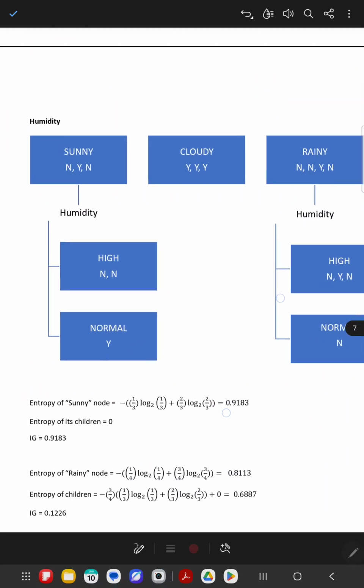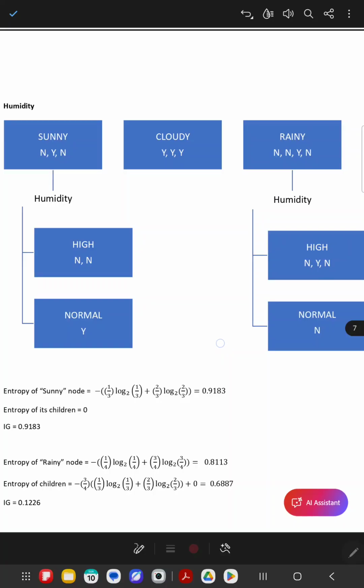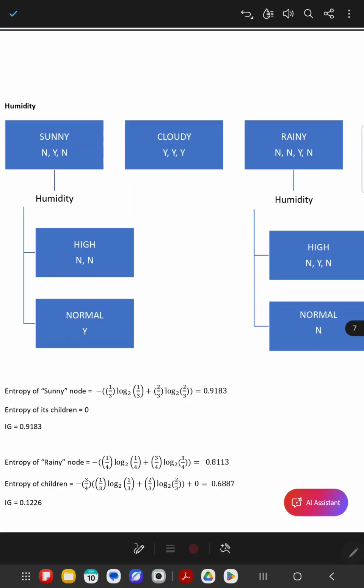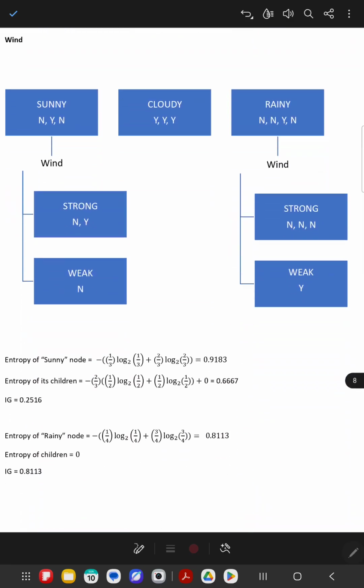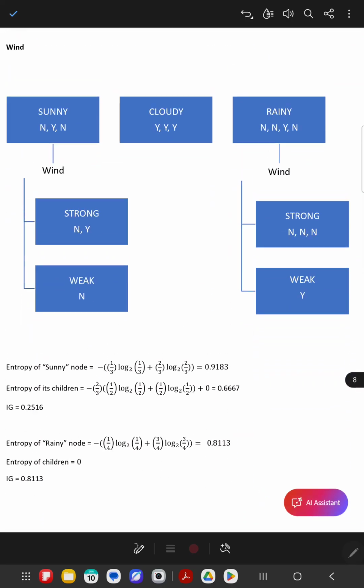What if you use humidity as the splitting attribute? Again, for sunny, the entropy of the child nodes is 0, so information gain is again 0.9183. For rainy, again we can have some calculation. The calculation is exactly the same, 0.6887. Information gain is 0.1226. For wind, in case of rainy, the entropy is 0 for the children,